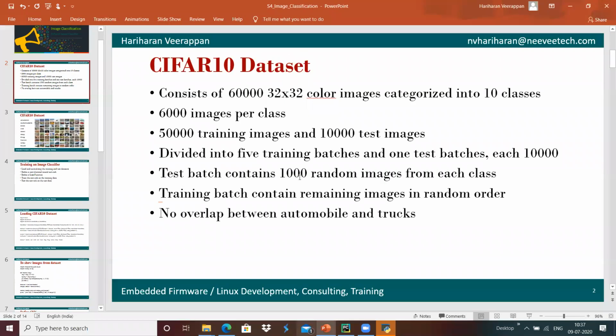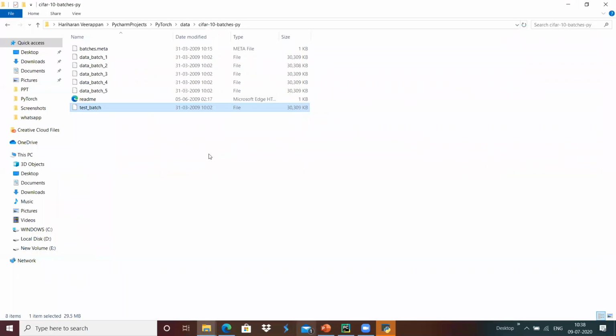We have 50,000 training images in the 5 batches, so each batch has 10,000 images, and those 10,000 images have been created like a dataset in batch 1, batch 2, batch 3, batch 4, and batch 5 over here.